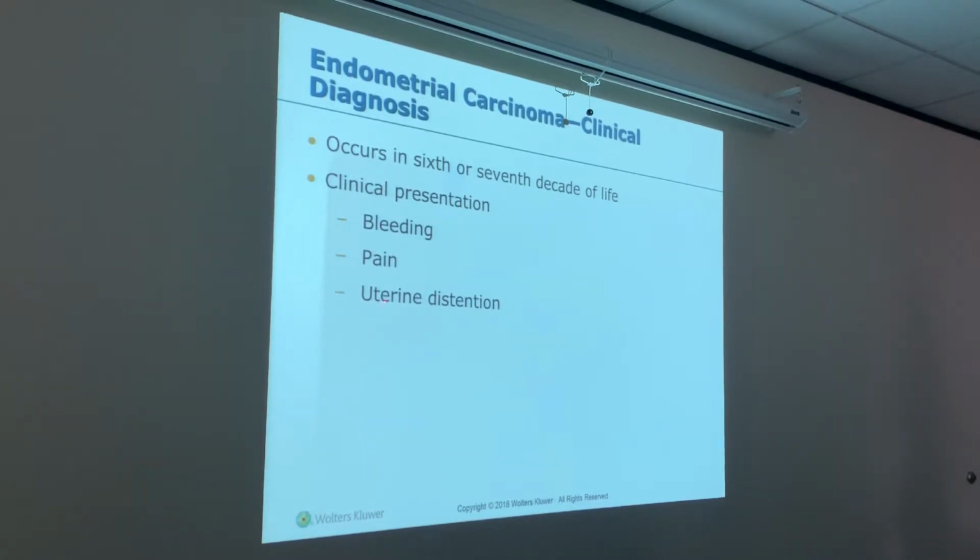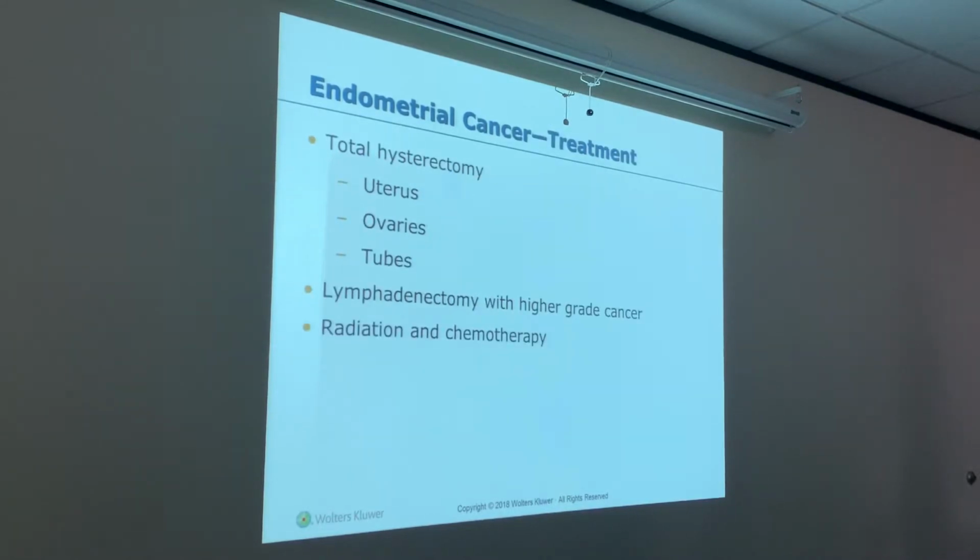And why is it distended? Because the endometrium has endometrial hyperplasia. Overgrowth. So they can do a total hysterectomy. This would just be called a TAH. This and this and this would be called a TAHBSO.